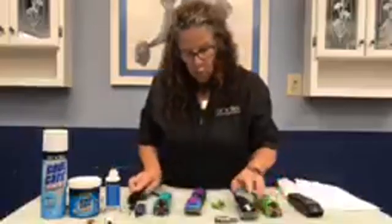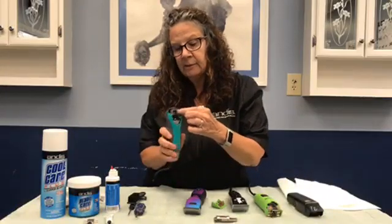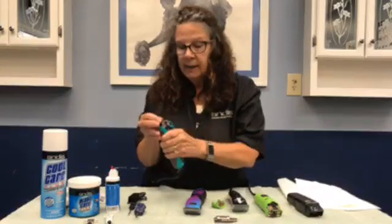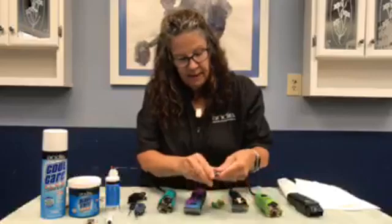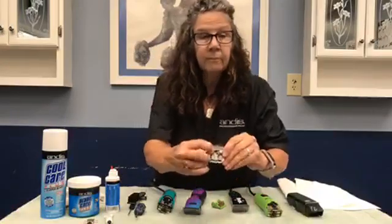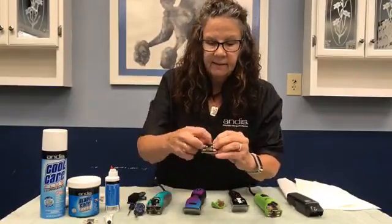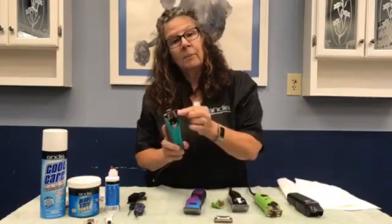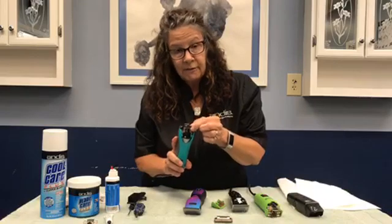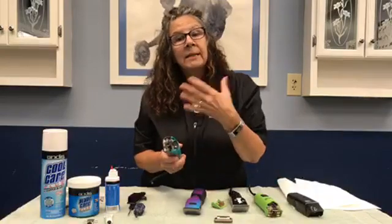So a way to know when your drive needs changing: the drive is this little plastic piece that's in here. You'll see it's got some webbing. That is what pushes the blade back and forth. That fits in this little part of your blade. So this black plastic piece fits in here, pushes it back and forth. It's pretty much the only part that really is going to wear out often, depending on how often you use your clippers. And you can tell when it's starting to wear, your clippers get suddenly very noisy,